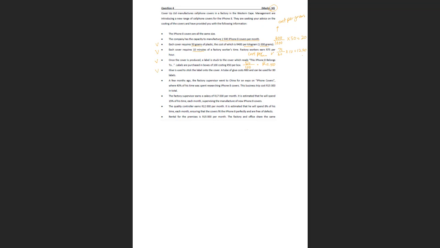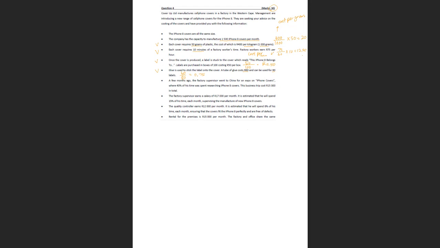And a tube of glue costs 60 Rand and can be used for 80 labels. So again, here we just need to know the value for one iPhone cover. So one label goes onto one cover, and they said to you 60 Rand would be for 80 labels, to stick 80 labels. So for one label being stuck, it's going to be 60 divided by 80, which is 0.75. Then you have